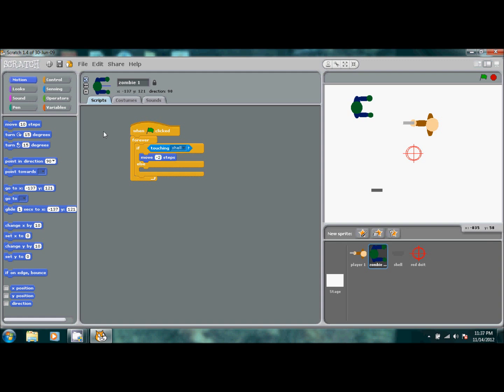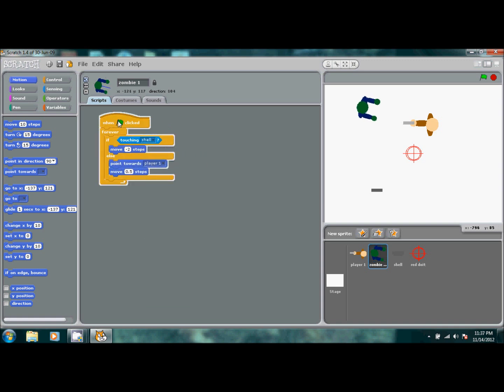So if he gets hit by the bullet, he's going to stumble back. And then else, he's going to point towards player 1. We're going to make him move half a step. So he's going to be a fairly slow zombie. So when we run this, the zombie will go towards him.